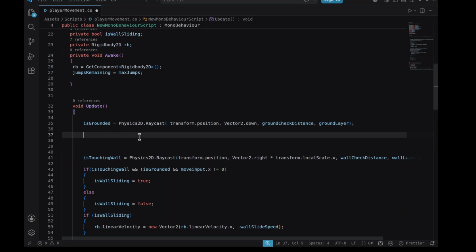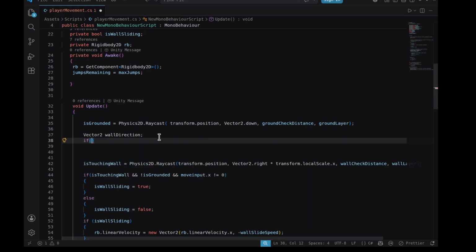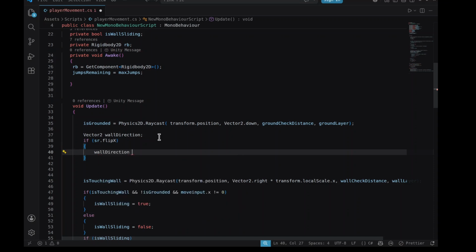So we will add now Vector2 wall direction, and then if sr.flipX, then wall direction is Vector2.left,